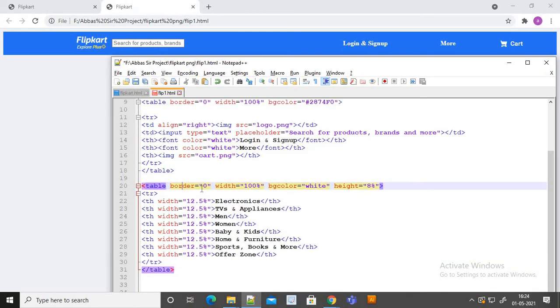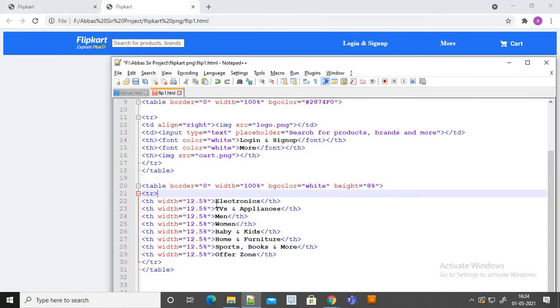Here we are putting table border 0, width is 100% and BG color is white, height is 8%. Table row open, table height we are occupying here, that is 12.5%. So 12.5% into 8 is 100%, we are using the width of the page.